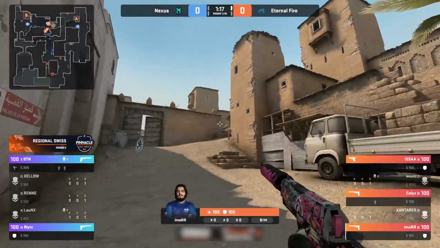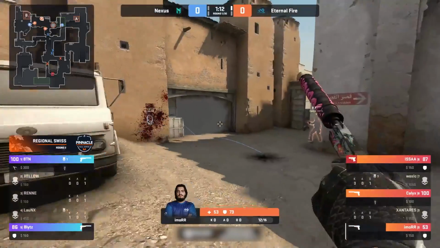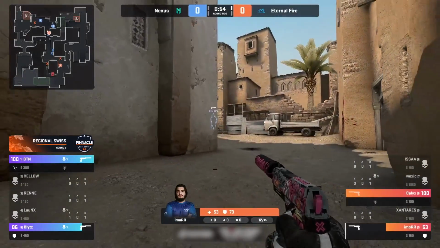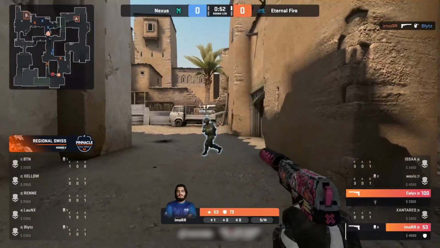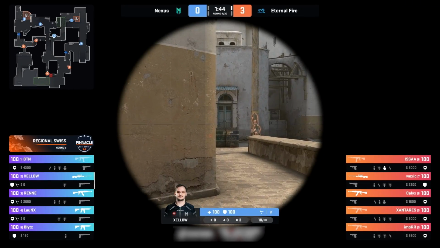However, right now, I don't know why Eternal Fire are running through mid while the bomb is still in T-spawn. That's a little bit of a weird affair. They're using one player running to make the sound cues to try and bait the other in, and that's going to be imoRR getting a double kill. Boost, of course, since they changed